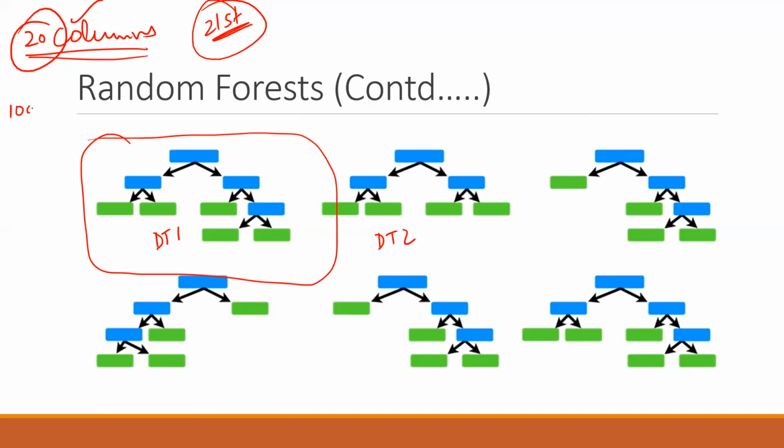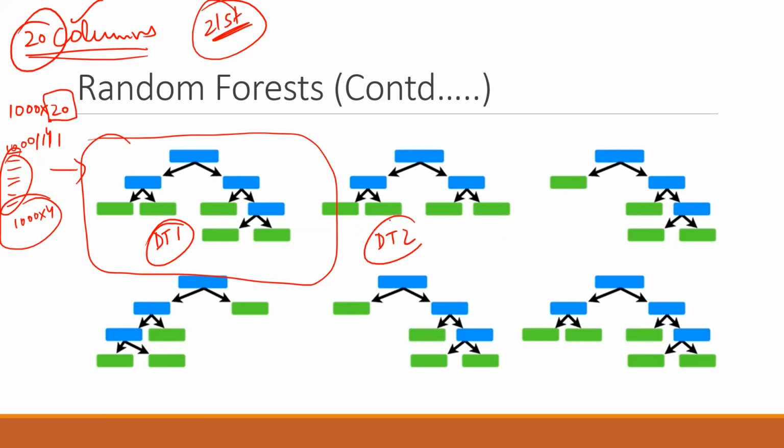If the data set was 1000 into 20, we will make this decision tree using 1000 rows, and those 1000 rows might have duplicates, which I will discuss in detail later on. This 1000 will stay consistent, but the 20 will be reduced, so you might be using only 4 columns instead of 20. So if you are generating 1000 into 4, it will be one of the decision trees of the random forest.